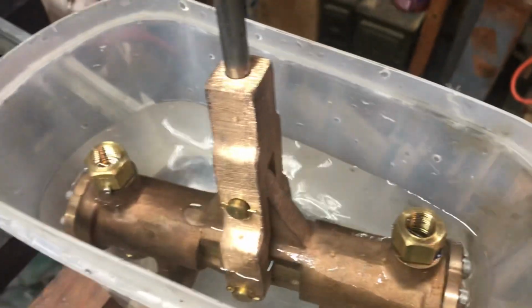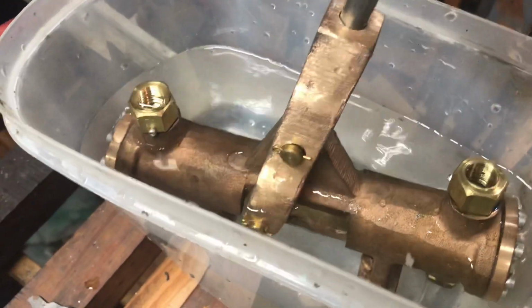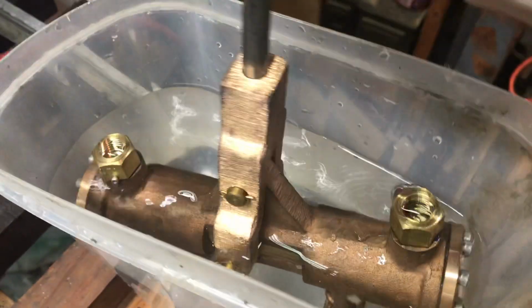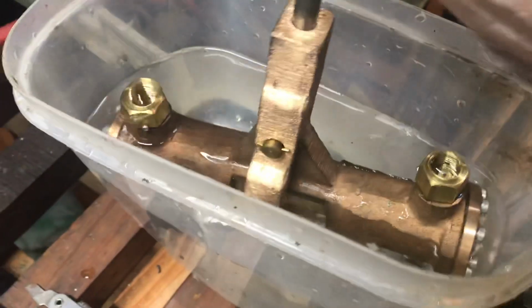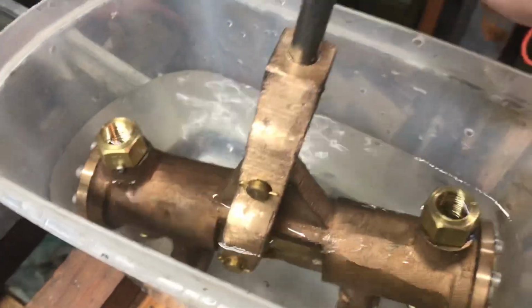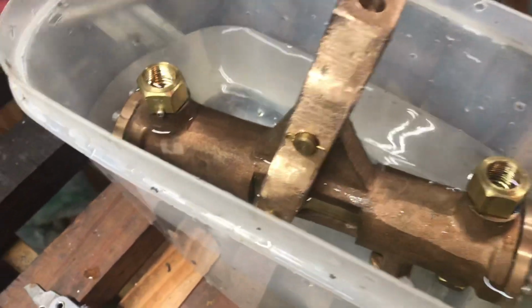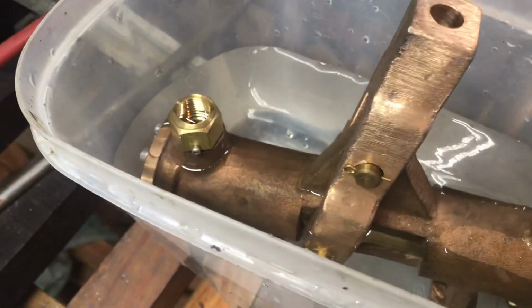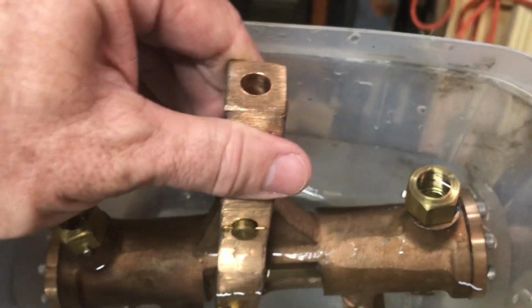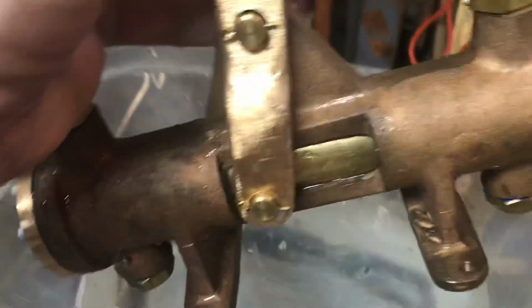I don't know if you can see this or not, but I'm actuating it by hand, and you can see the large bubbles of water coming out. Let me take the handle out. Sorry about that, I'm going to show where I have in mind to place this,